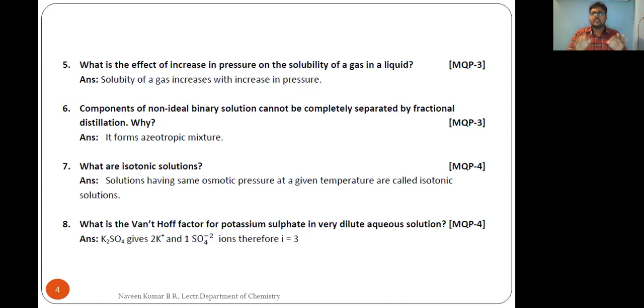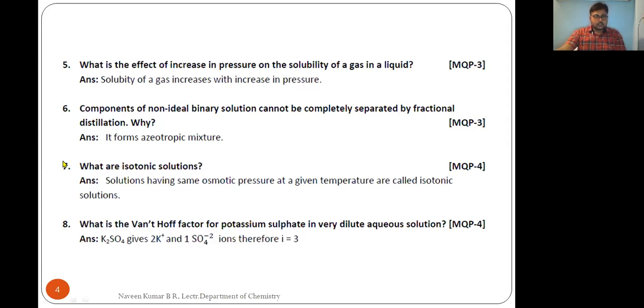Hence the answer in keywords is azeotropic mixture. With the exact explanation, you can understand what an azeotropic mixture is and why, due to the azeotropic mixture, they are not separated by fractional distillation. For the answer, you can specify the keyword azeotropic mixture and you will get the mark, but understand the concept. What an azeotropic mixture is, is the exact concept to remember for the respective question. So as azeotropic mixtures have the same composition in solution phase as well as in vapor phase, they boil at a constant temperature. Hence, they cannot be separated by fractional distillation technique. That will be the detailed answer.